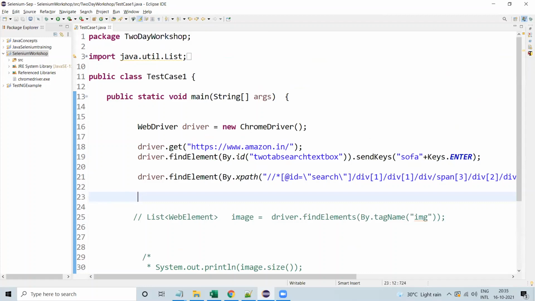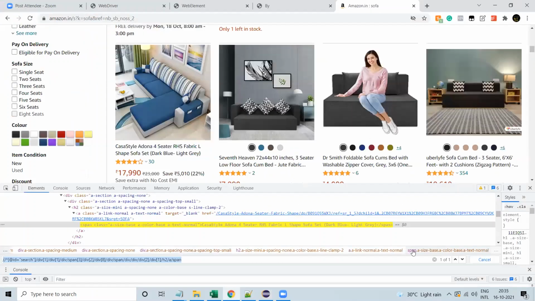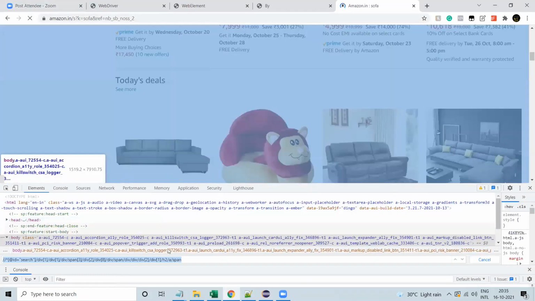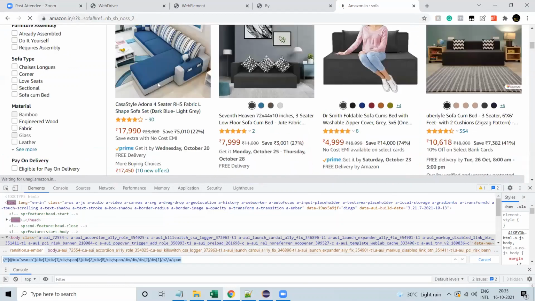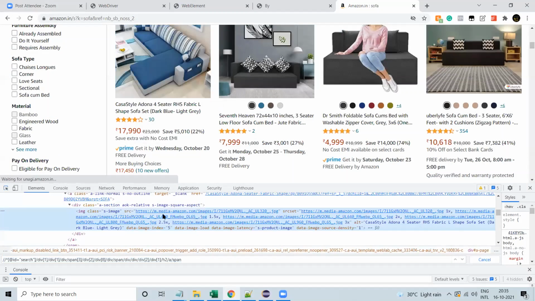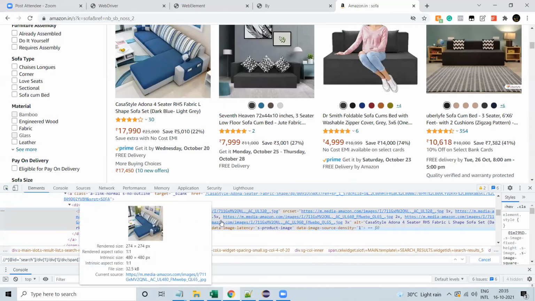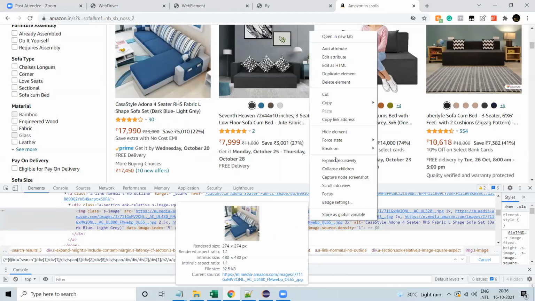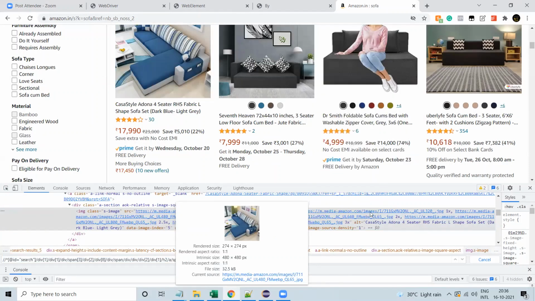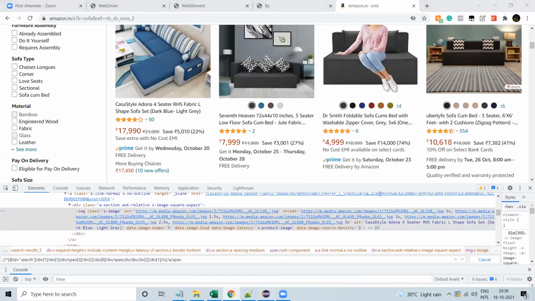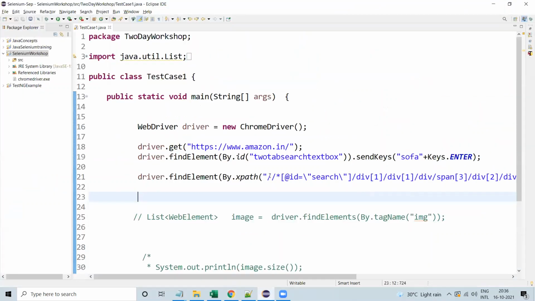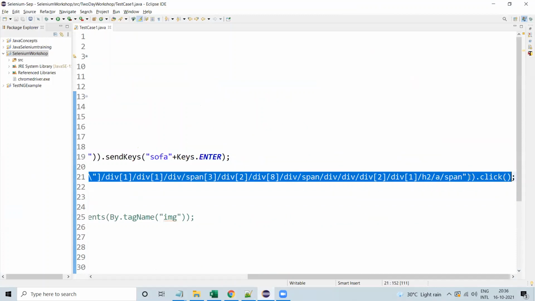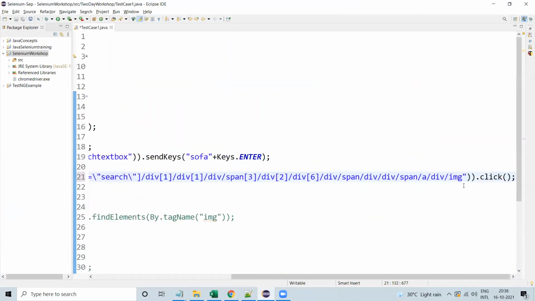Okay. I'll go with another XPath. Yes, I hope this will work.